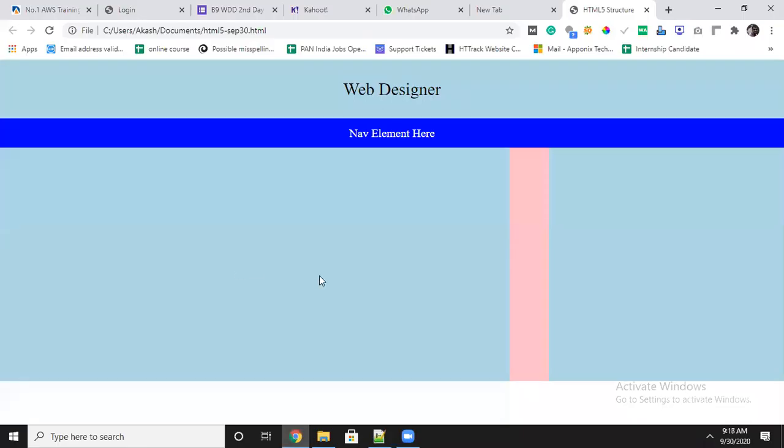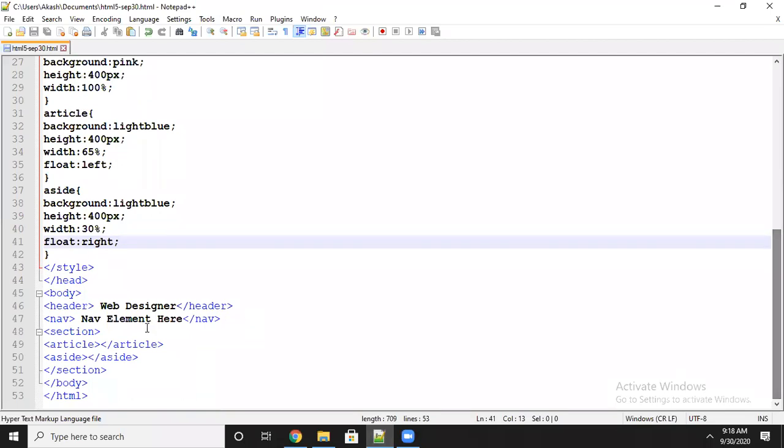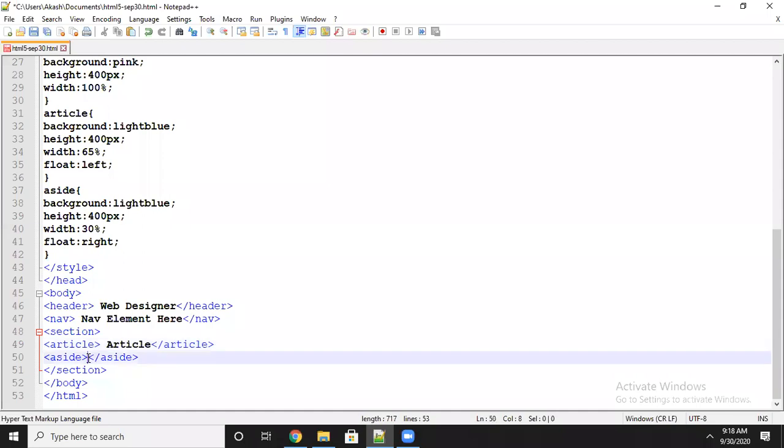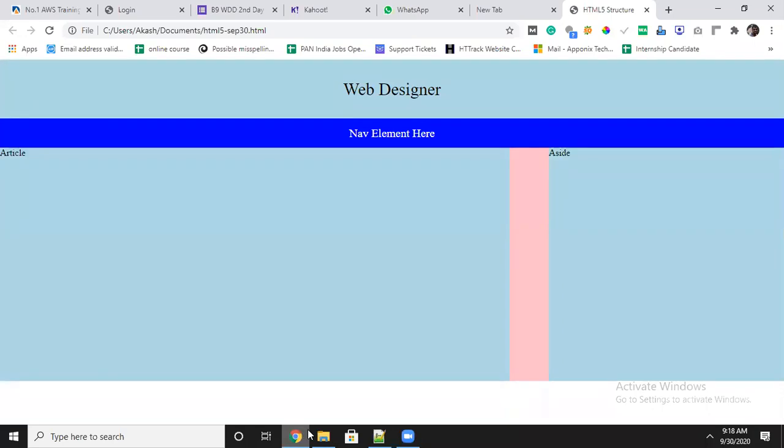Now see, it is on the left and it is on the right. What is the difference you are getting here? Left means it will occupy the left side of the screen, right side. I gave a 5% gap, that's why this gap is coming here. If you want to write text inside, then you specify the text in the article tag. It is the aside. That will give you clarity about which particular tag this is.